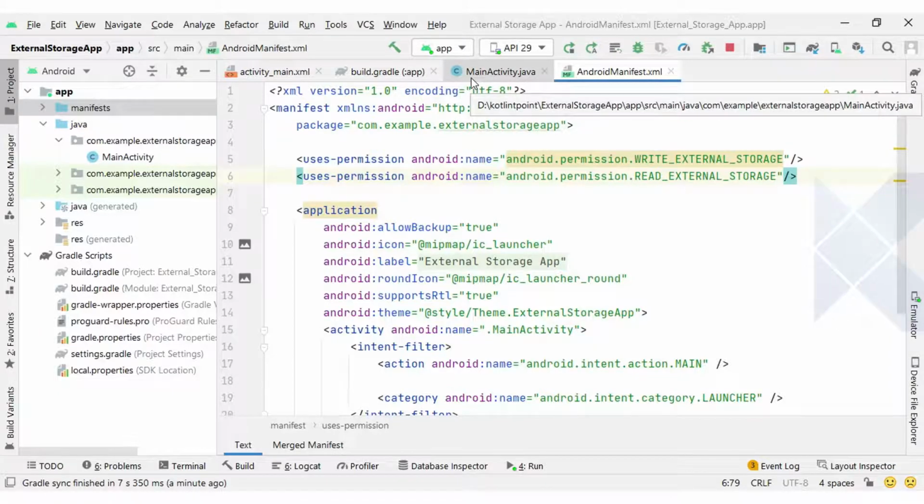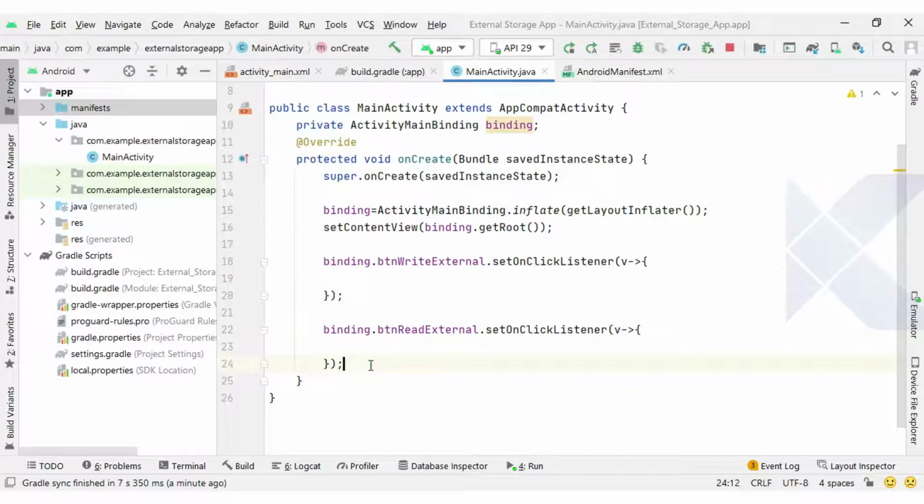Now back to our activity. With Marshmallow and upper versions, all the permissions we have in the manifest file are denied. So on Marshmallow and upper versions we need to request permission at runtime. In many applications you have seen a pop-up the first time you start the application, asking for permission on Marshmallow and upper versions. So it is called runtime permission, and we need to request the user to allow it. If the user allows reading and writing external storage, only then can you continue your code. Otherwise you cannot read and write on external storage.